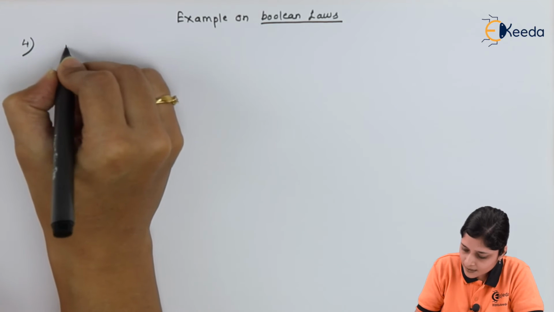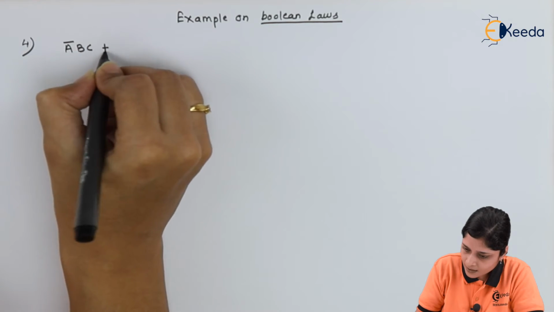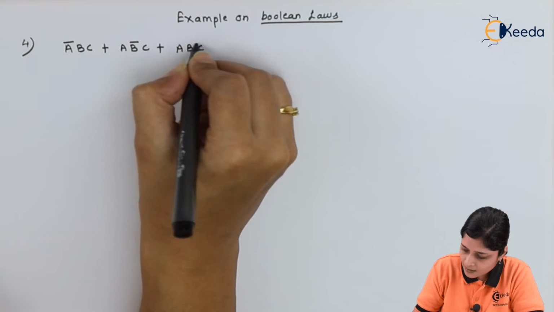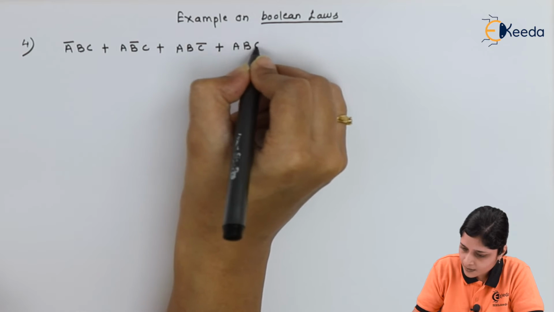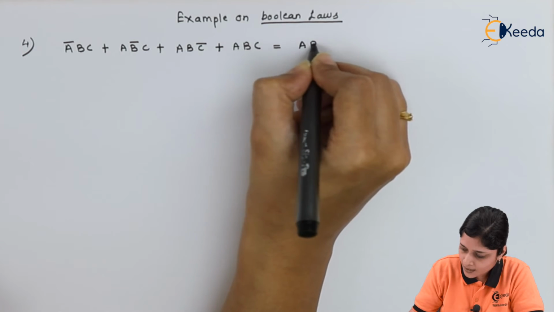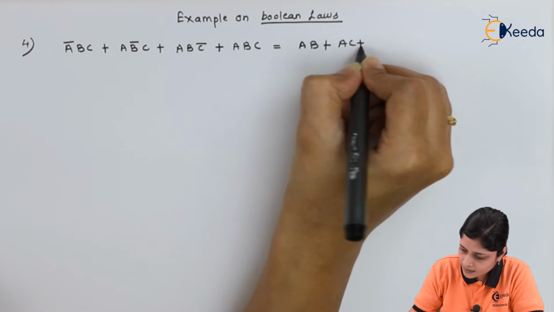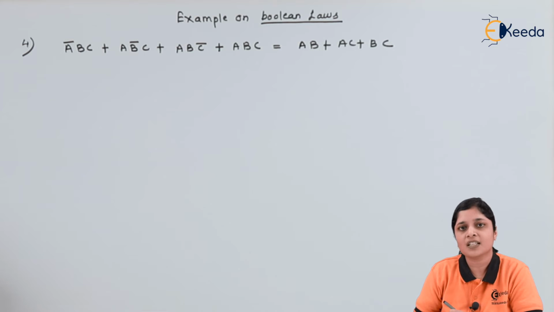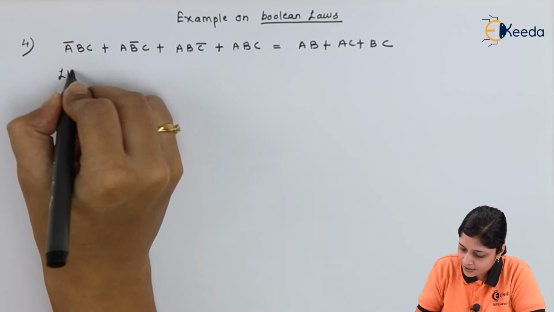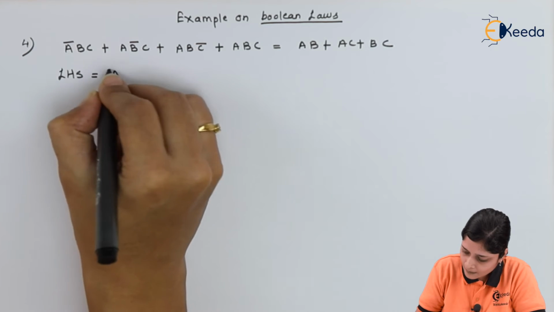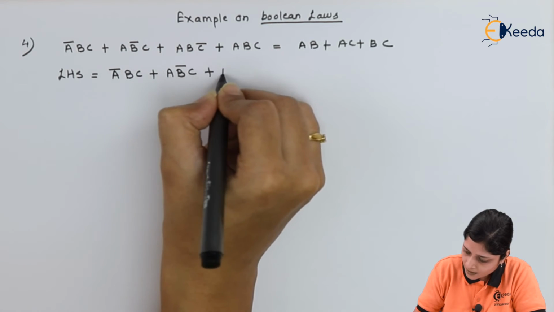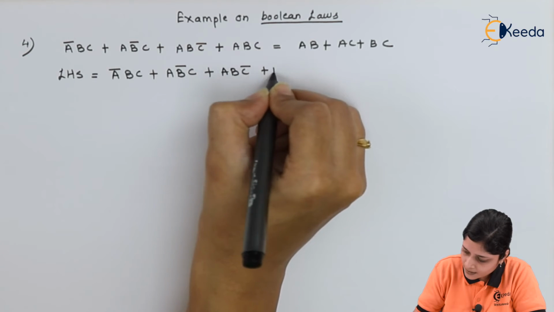So your fourth example is A bar BC plus AB bar C plus ABC bar plus ABC, it should be equal to AB plus AC plus BC. Now to prove the example, we will consider the left hand side and right hand side. So take the left hand side, that is the LHS part, A bar BC plus AB bar C plus ABC bar plus